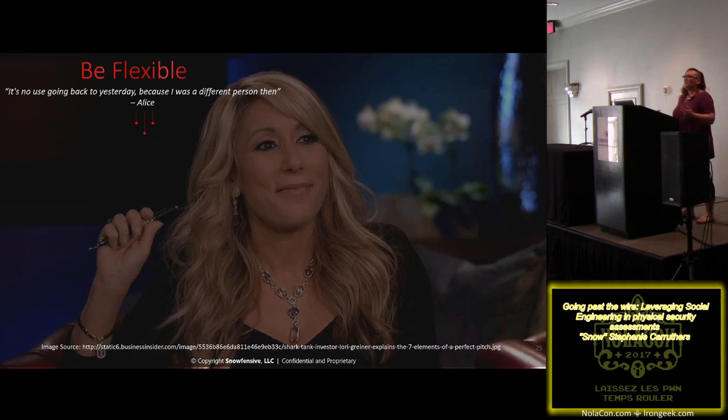I get there, and everything I wanted to do for my pretext didn't make sense. It was a pain in the butt. They had so much more security than I thought they did. So I had to kind of go back to my hotel and reevaluate everything. I knew the pretext I was going to use, there was no way it was going to work. So I ended up changing it to, I said that I was from their America location, and that I was an